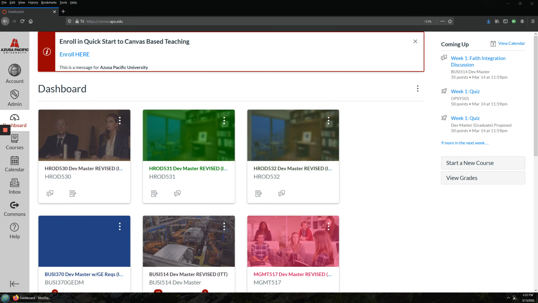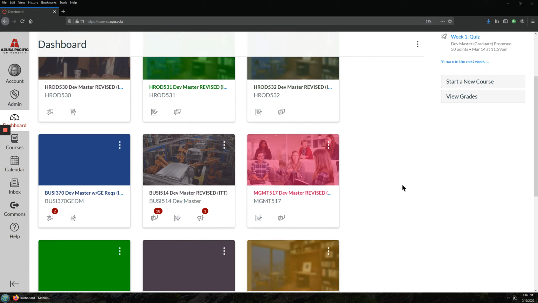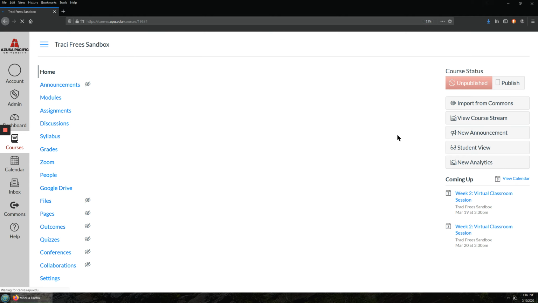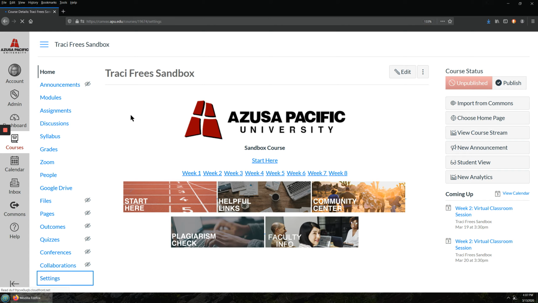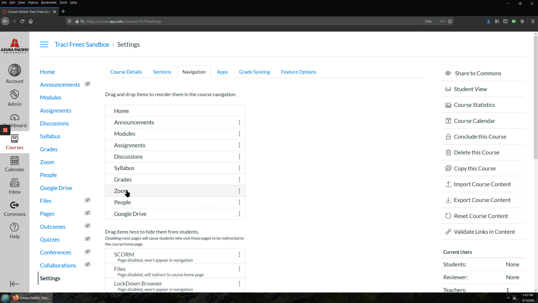This is a quick demonstration of how to use Zoom for your Canvas course. First, log into Canvas and go to your course. Next, go to Settings and make sure Zoom is listed in the top menu items, for that is what students see on their course